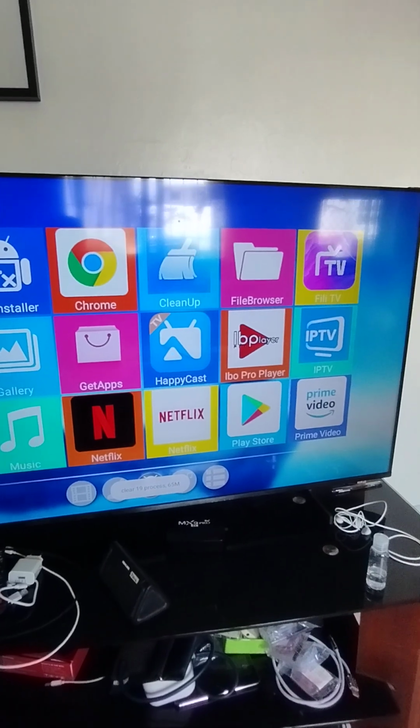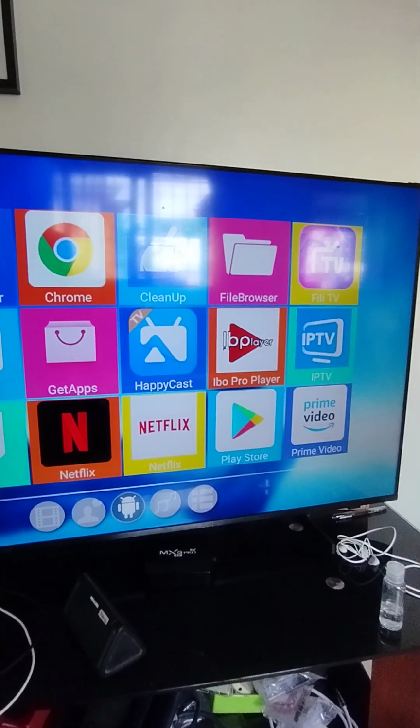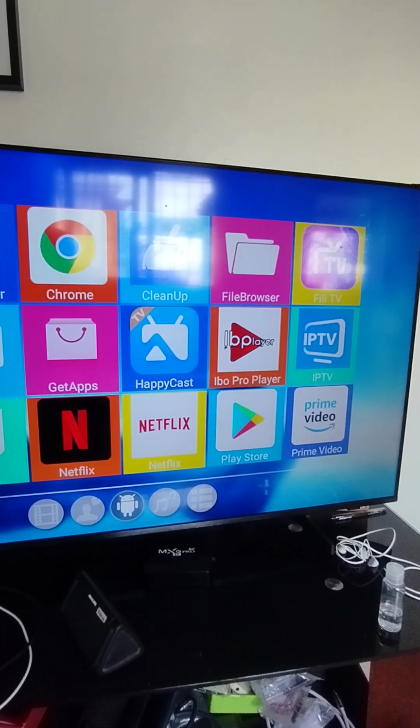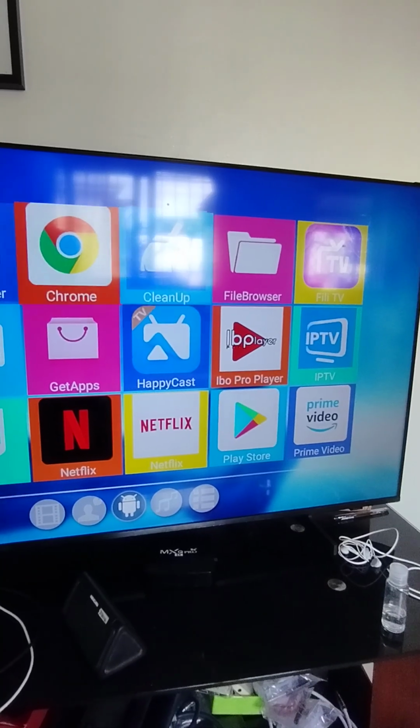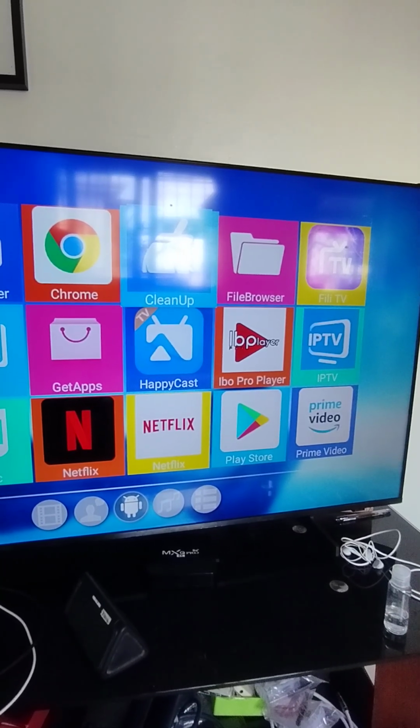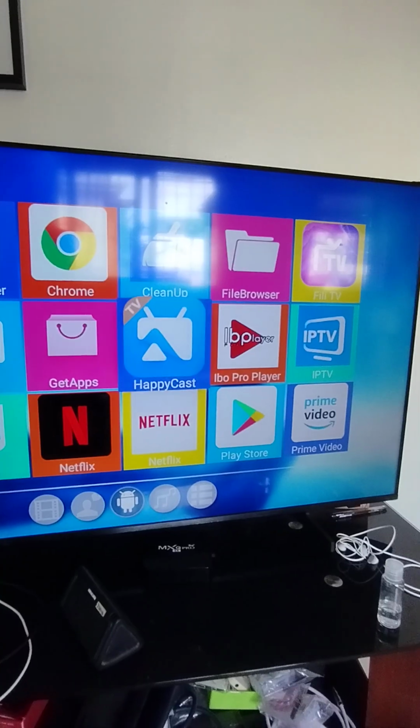So that's supposed to clean everything in the folder for the whole TV box.